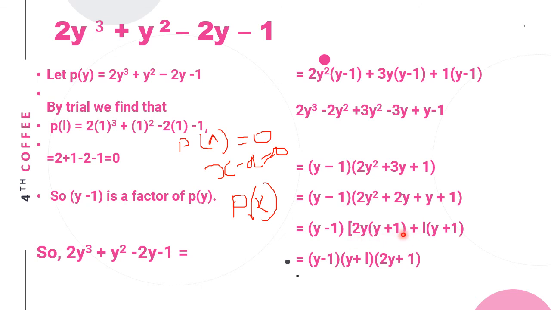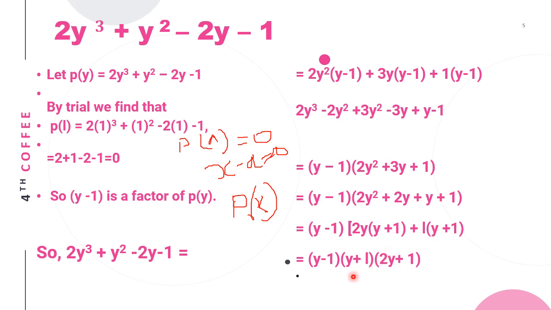Once you get in bracket y plus 1, you have to compulsorily use it a second time also, and you find out which number should be outside the bracket. Here the number that is common outside the bracket is 1 from these two terms. From these two terms it was 2y, and from these two terms the common one is only 1. Now make a group of 2y plus 1, which is your second factor, and the third factor is 2y plus 1,